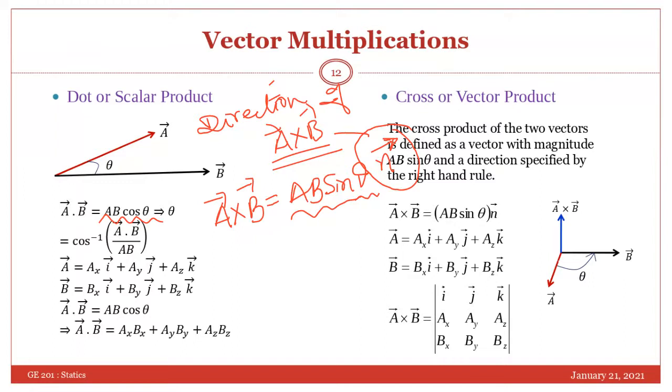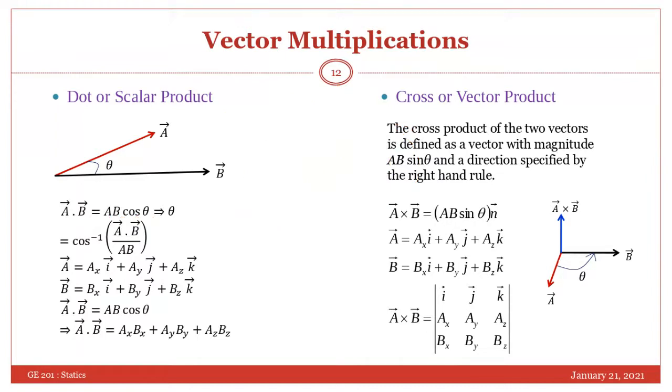Now let us multiply the unit vectors by cross multiplication. You see, if you have unit vector i and you cross multiply it with i itself. So as you know, this is representing vector i, and this is also representing vector i. They are parallel. So the angle between them will be how much? 0, because between two parallel lines the angle is 0, because they will never touch each other.